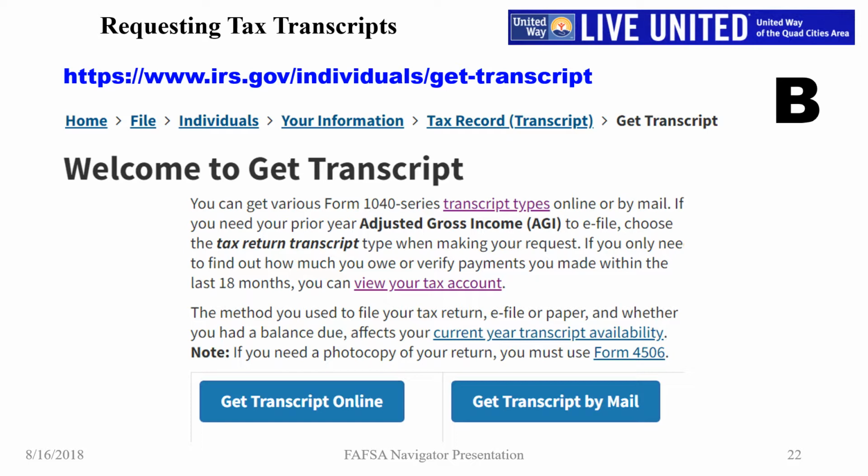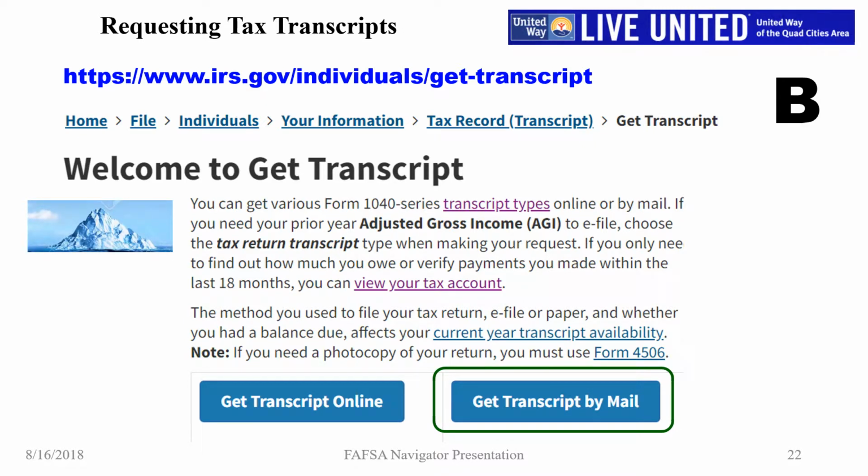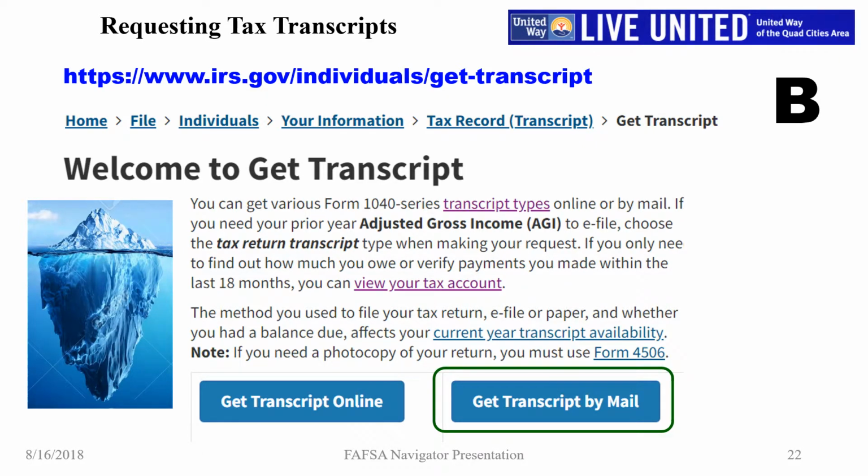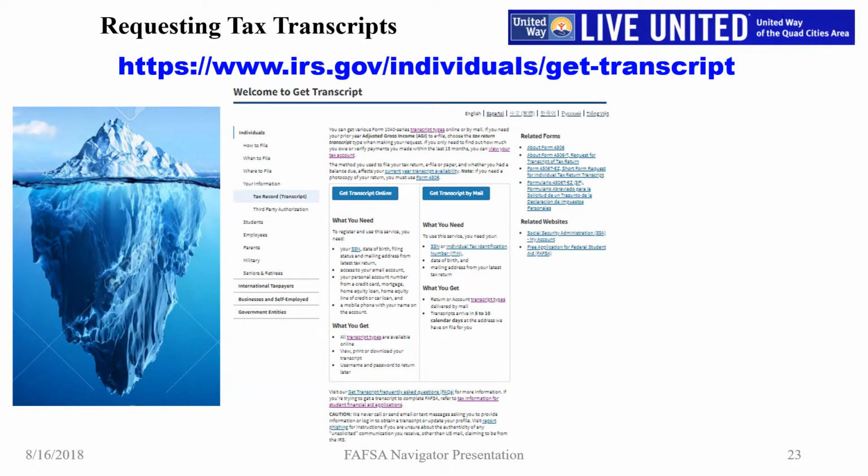We're back at the main web page for the IRS Get Transcript service. At the top of the page, when we land there, you may see 2 large blue buttons to choose the requesting method. The left button is for the online method. The right button is for the transcripts to be mailed method. But wait, there's more. Remember that we're at the top of the page. This web page is like an iceberg, where only a small portion of the tip of the iceberg is showing, and there is a lot of the iceberg hiding under the water. Be sure to scroll down and review all of the information and options.